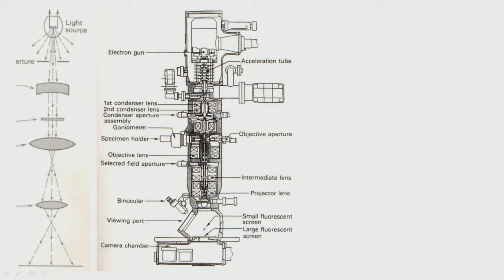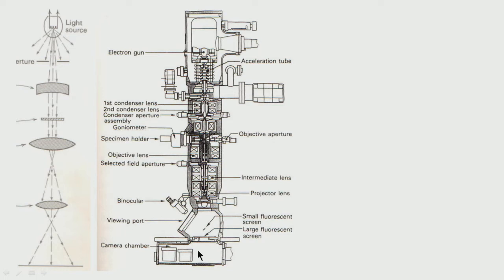Then we have a condenser lens system. Generally in a transmission electron microscope, 2 or 3 condenser lenses are there. If you look at this diagram, here it is shown with some crosses. This is because these are all magnetic lenses, which I will show later schematically, how in principle they resemble a convex lens. Then we have an objective lens, then a few intermediate lenses, 2 or 3, and then a projector lens which projects this onto the screen.